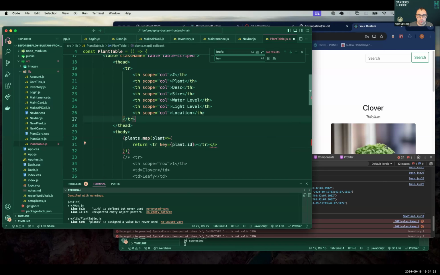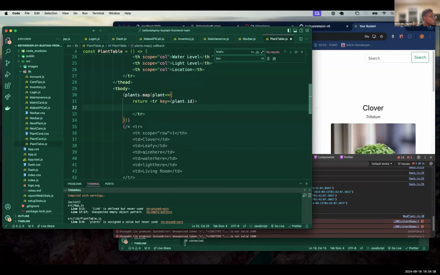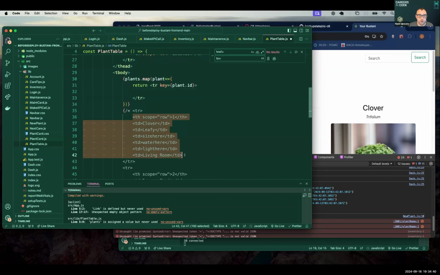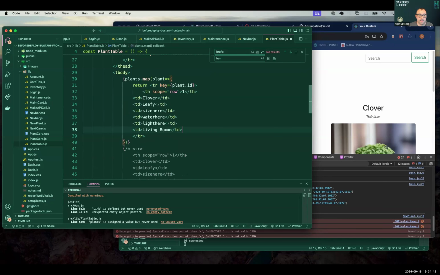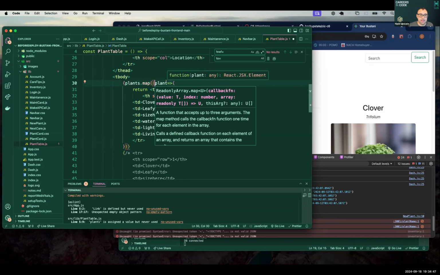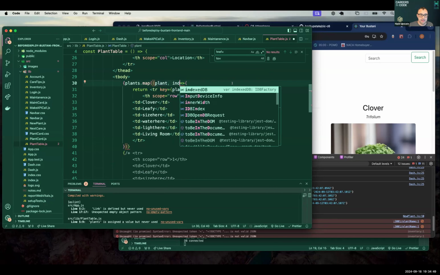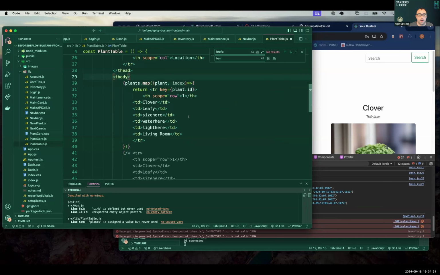I swear, if you looked at my typing on a screen share, you would think I was drunk. Okay. Now we are going to go ahead and borrow all of these and put them in here. We're going to cheat though and use the plant and also the index of the plant. Unless you want to use the ID of the plant. Did you want sequential numbers or did you want the ID?